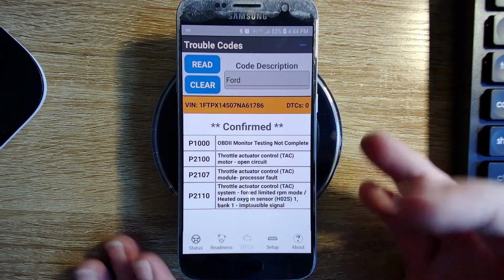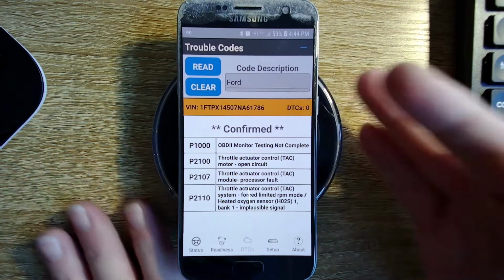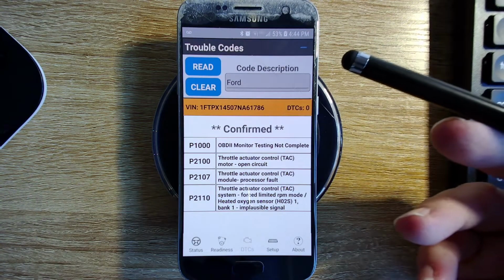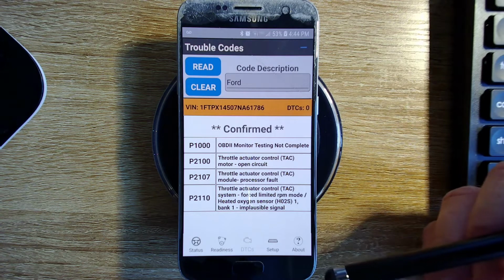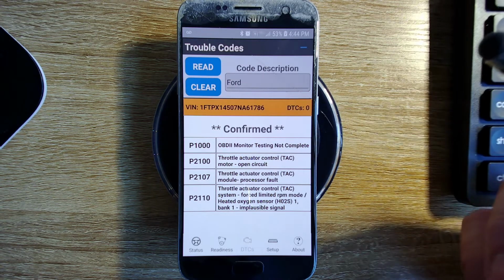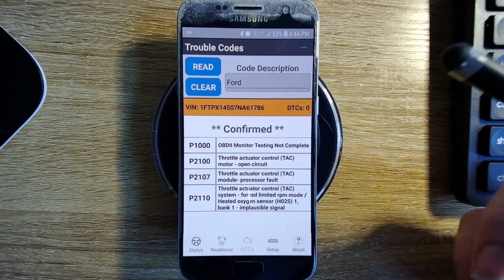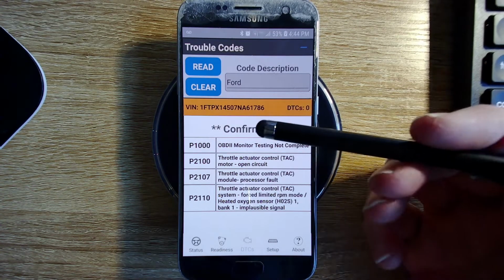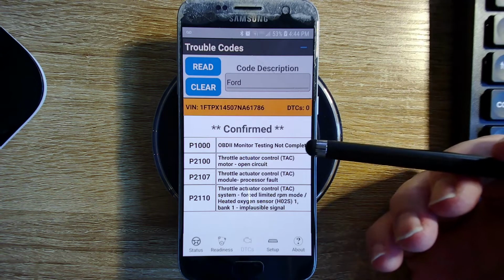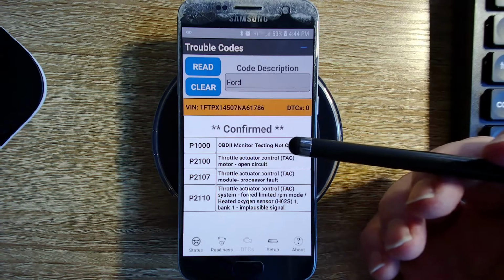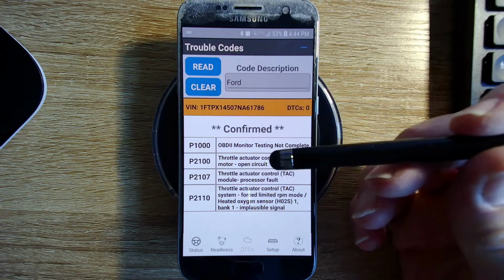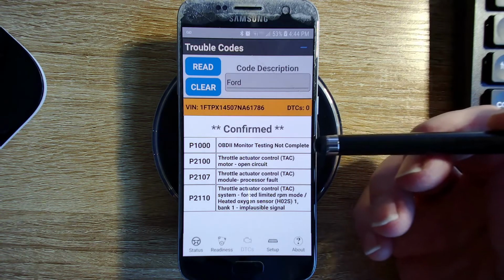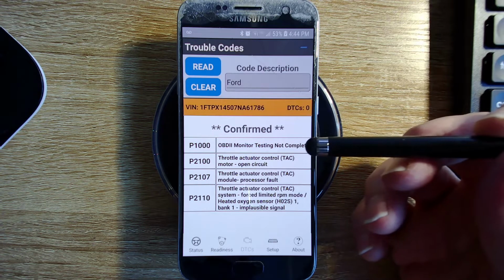Anyway, so I'm sharing what's happening. There are codes that are reported in the car that are not necessarily reported through the standard OBD2 call, meaning that P1000 is one of these errors, and that's kind of the title of this video, because if you're getting a P1000, all that means is that somehow